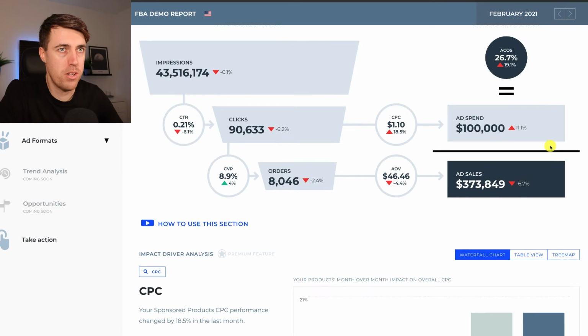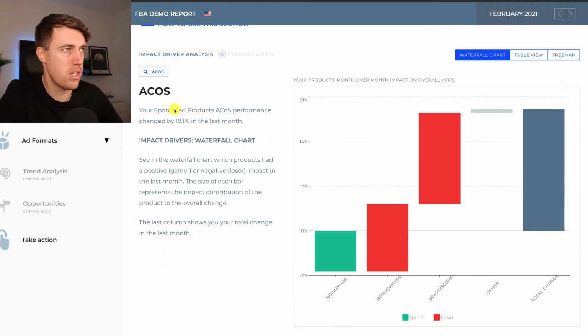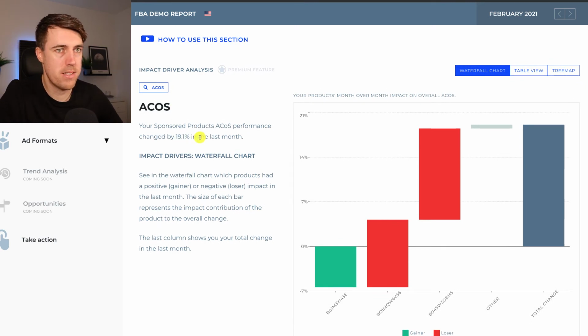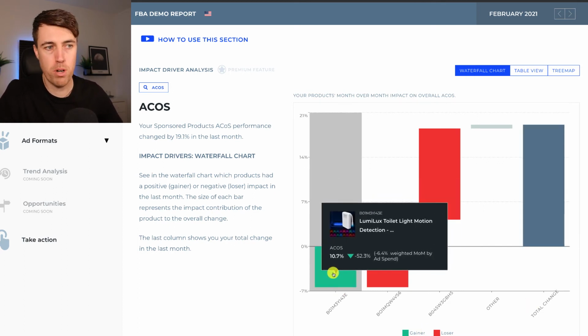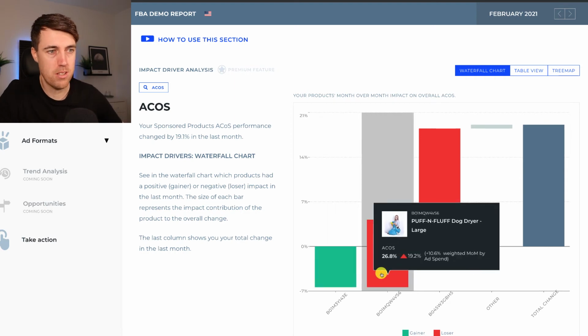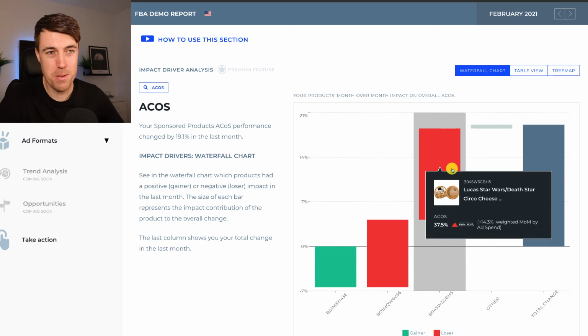Let's take a look at another one just to give another example. We've got ACoS here, and we can see the total change in ACoS over the month was 19%. So this total change here is going to represent that 19% on that bar. And the different amounts within that 19% are going to be visually made up from this waterfall. We can see this product here has gone down 52%, its ACoS, whereas this product here has gone up 19%. This product here has gone up 66%. So this immediately shows me it's a product that I need to put some time and attention into optimizing and